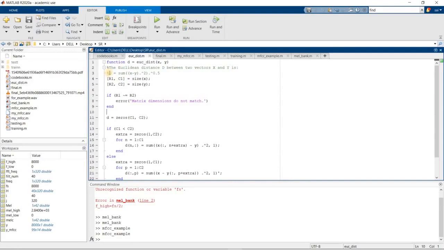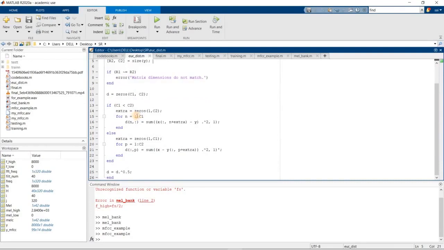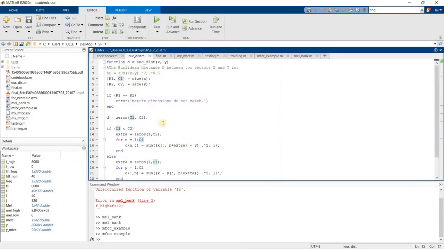It is basically given by this formula. So we compute the Euclidean distance here along the column vectors. For that, the number of rows should be equal. Next, we run through all the columns of the smaller one by one, and find out the Euclidean distance.